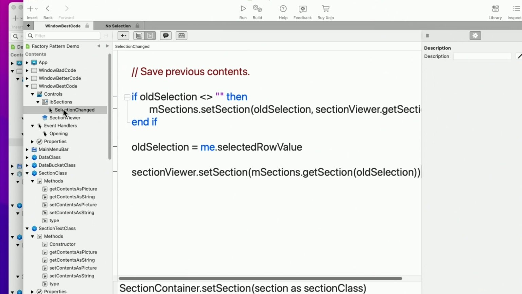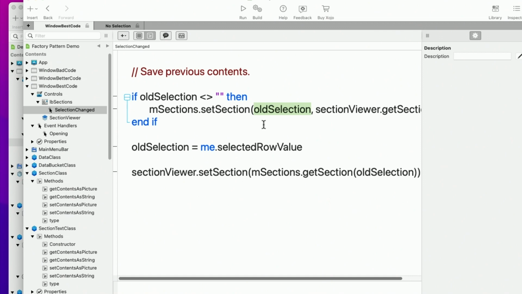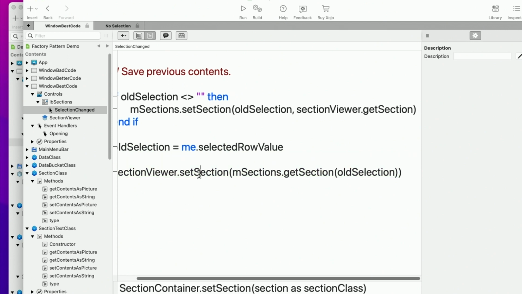But for right now, the main one we've got is this selection changed under the list box, which basically tells us that the user has moved the arrow key to a new section. And when they do that, basically we call get section, which is this section viewer, the container control, and we're getting whatever section it has currently active. And old selection is basically just the previous selection that we had selected. And we save old selection, we save the new selected row,